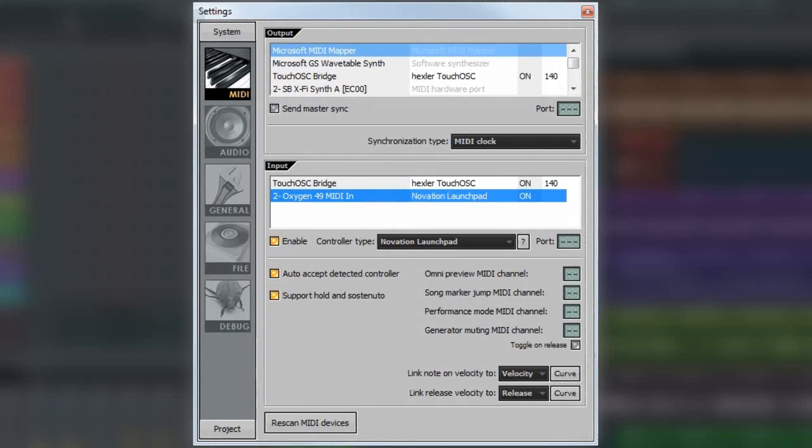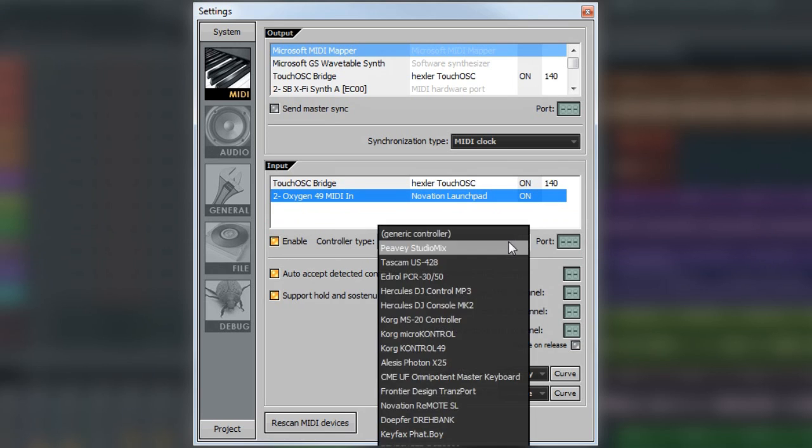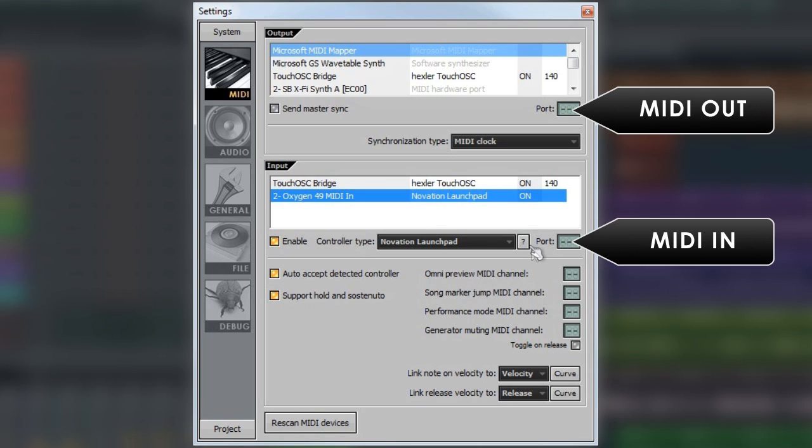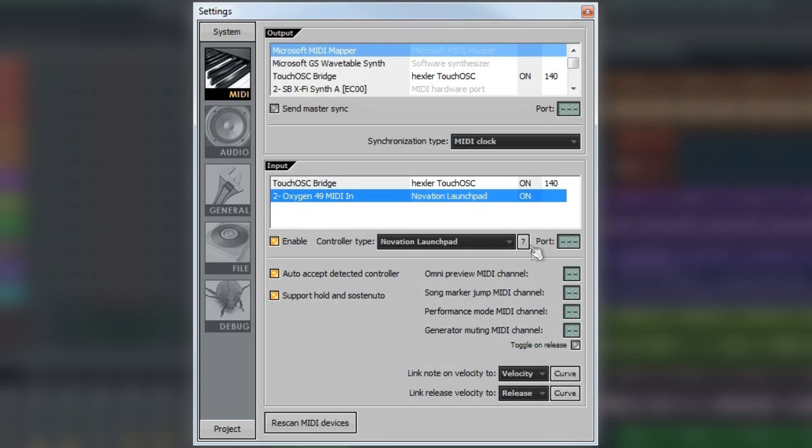MIDI settings. The MIDI settings now have a MIDI in port. Supported controllers should now be auto-detected, so it's a good idea to use the default MIDI in and out port, which should be the same, so you can share projects with others using the same controller. The MIDI in port also allows you to use several of the same controller type by setting them to different